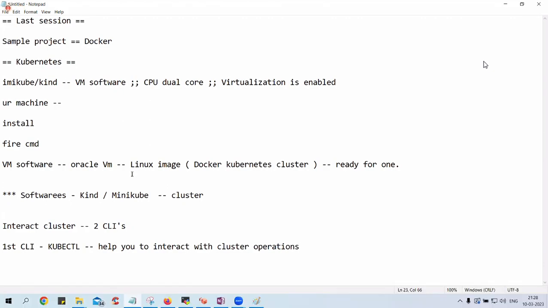But kubectl is not capable of creating the cluster nor destroying a cluster. See the interesting point: kubectl helps you to interact with the cluster.